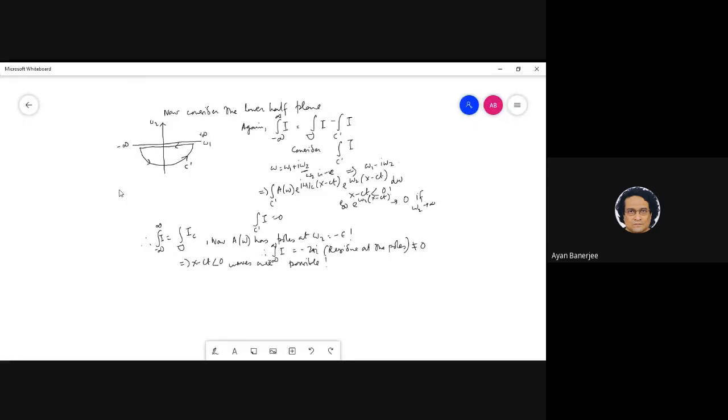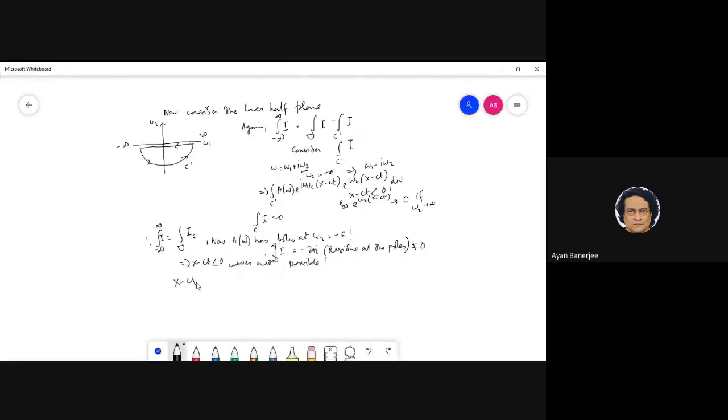In the lower half plane, of course, we see that if you have time-like light cones, you do get finite solutions of the wave packet. So this is very important. Okay, basically trying to say x minus ct greater than 0 cannot be